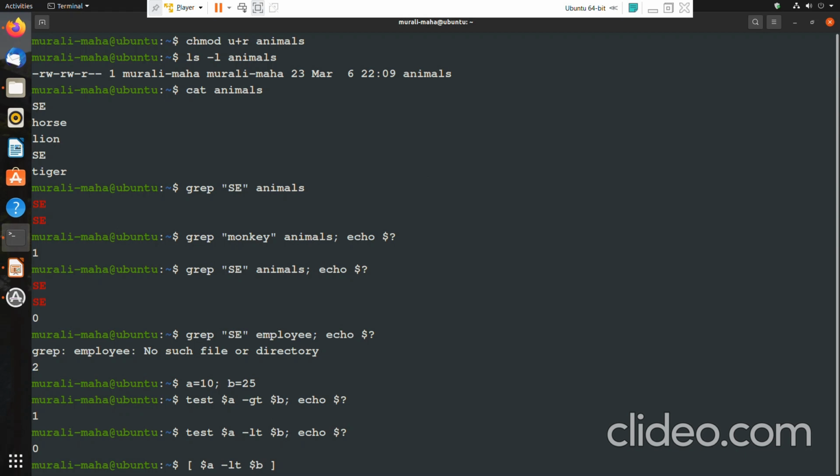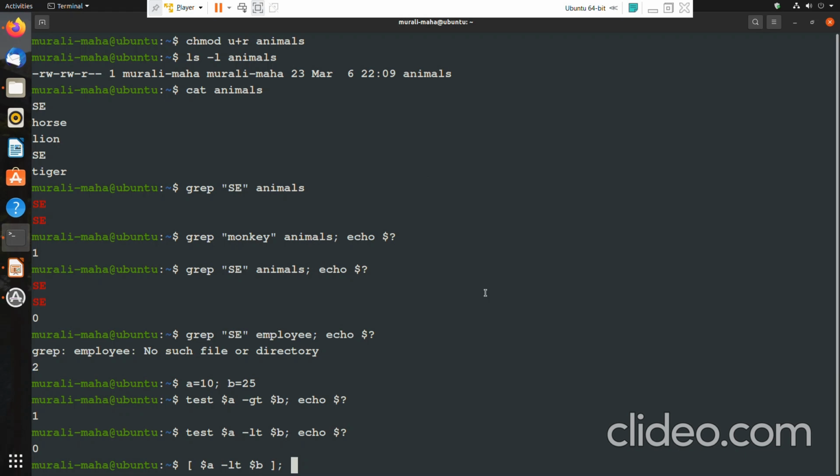So this is synonymous to executing the expression, specifying the expression with the test command. This is synonymous to that. Either I prefix the expression with the test command, or I specify the expression within a pair of square brackets, it means one and the same. Logically, it means one and the same. In both the cases, this expression is going to be evaluated with the test command. Whether I specify the test keyword explicitly or not, it is going to be executed by the test command.